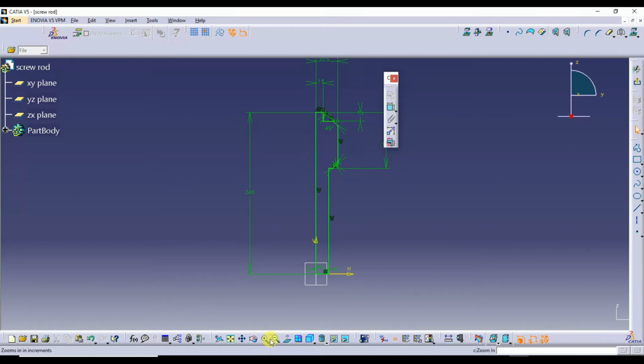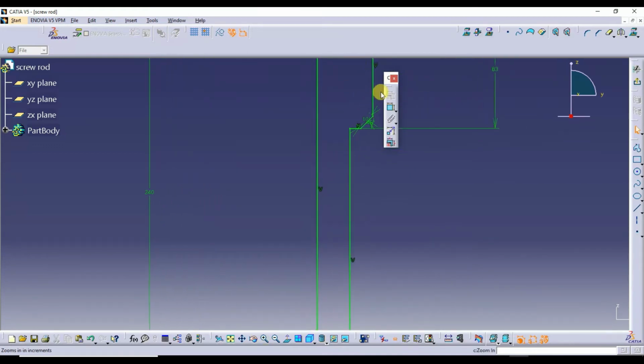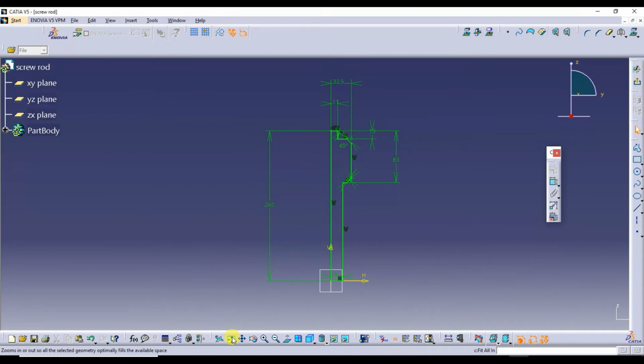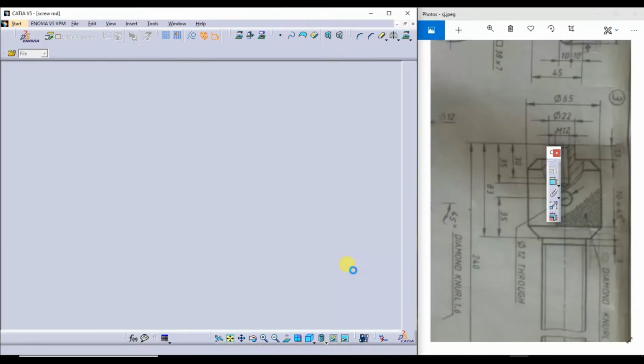So this is a final view of the sketch. See here 10 mm into 45 degree. Let us check once again all the dimensions.